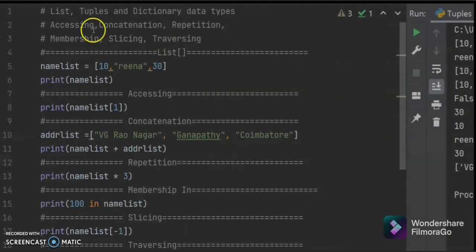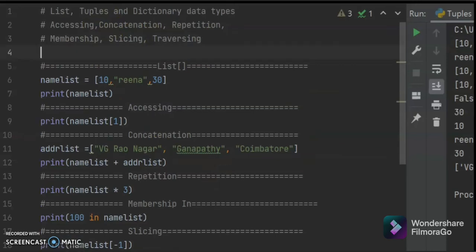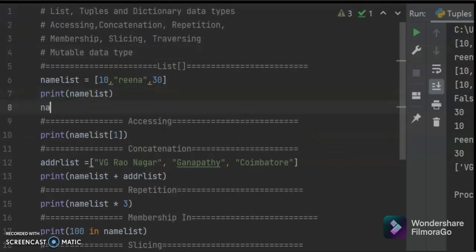One more important thing is that list is a mutable data type. Mutable data type means you can change the values of a list. Suppose I am using name list of 0 equal to 100, then I am trying to print this one.